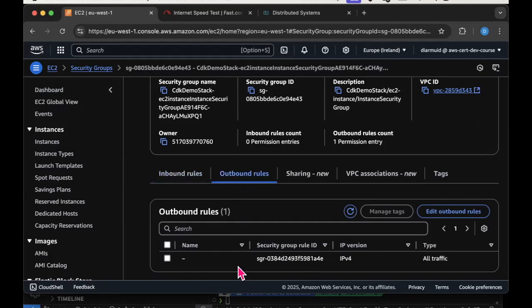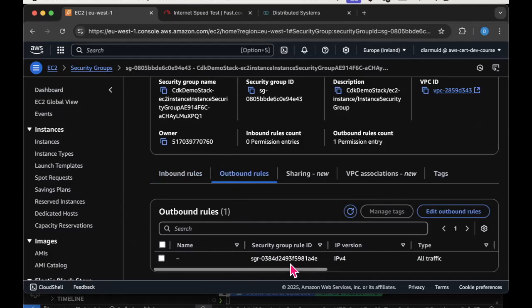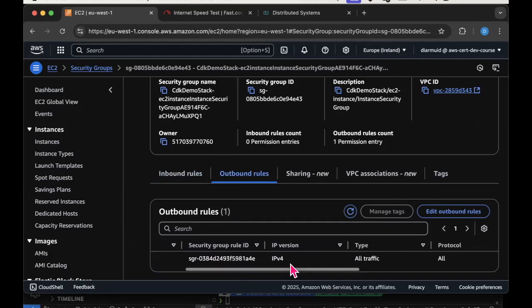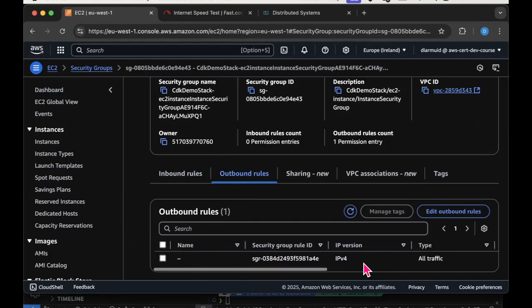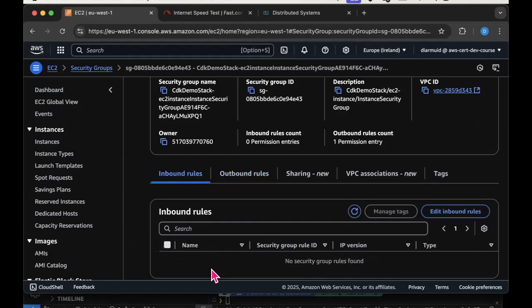Outbound controls what kind of TCP communication the instance can initiate. So it looks like it can make any kind of TCP IP call outwards, but there's no inward calls. So supposing I want to change that. I want to add what EC2 calls inbound rules.